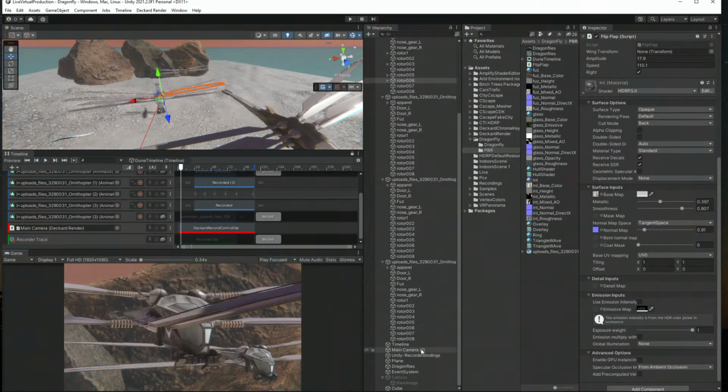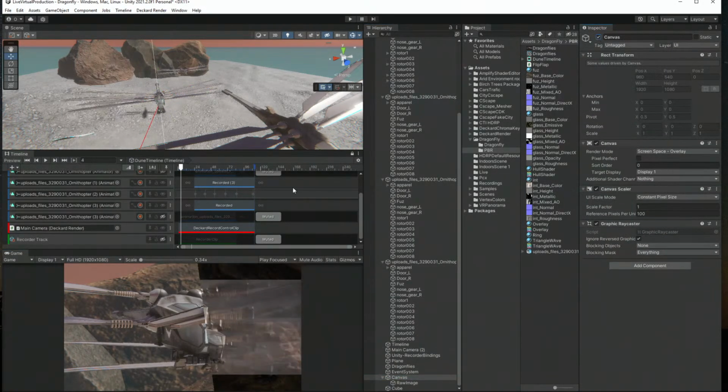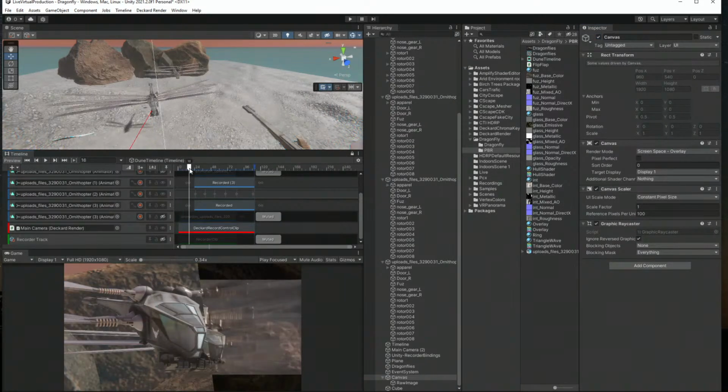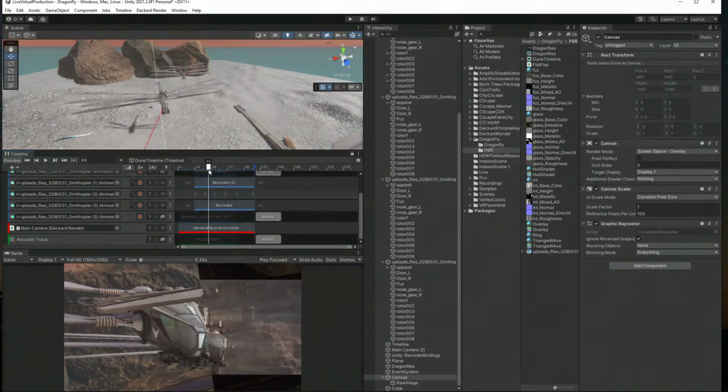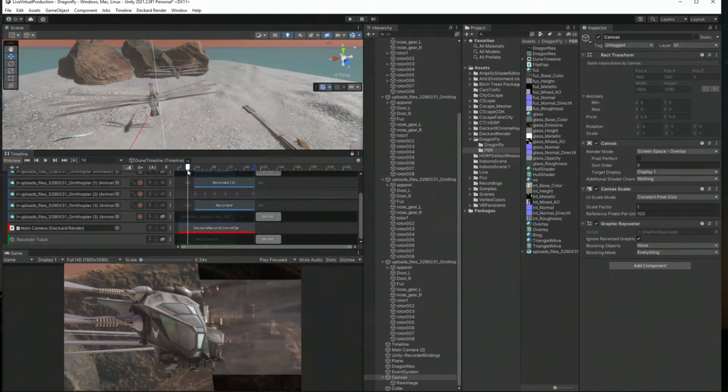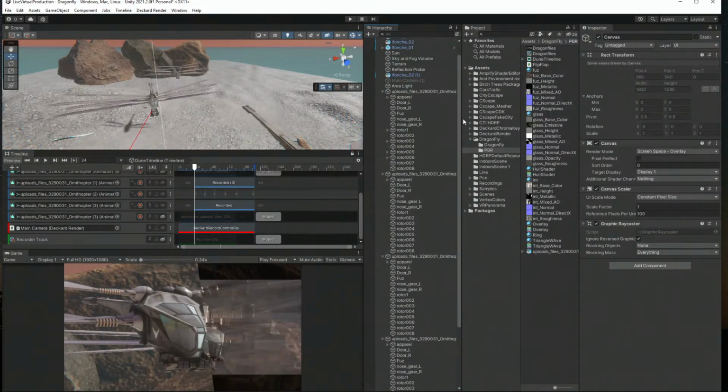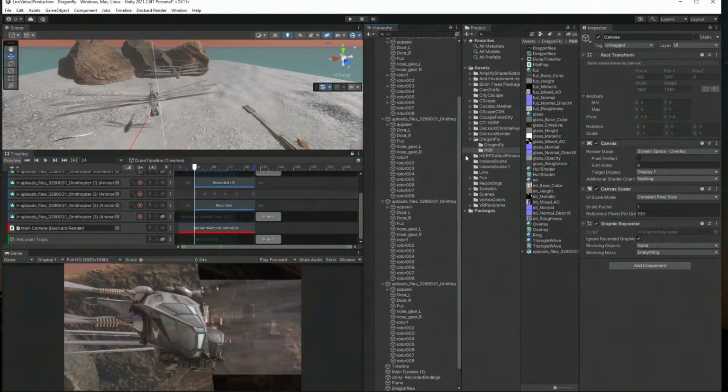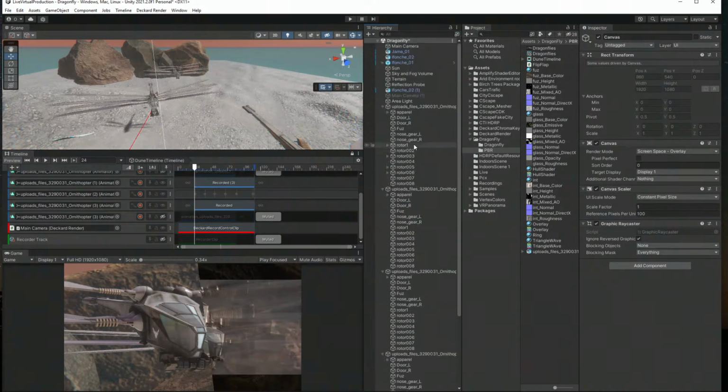Let's see how the original file is done. Yeah, I think it has less movement. Yeah, the angle is smaller. Okay, so I will be fixing this issue by selecting my rotors